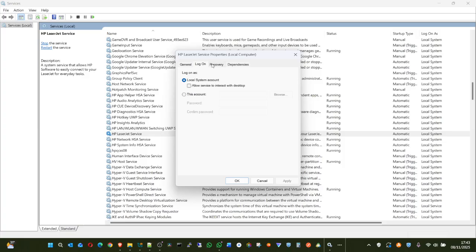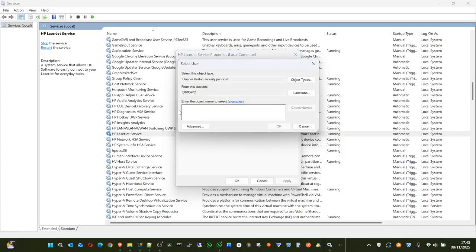Then there is also, because with this, if you want to know whether that account is having a problem, you can switch to an account. Type which account you want to use. So this particular account, you can browse which account, let's say Simon, check name. Okay, no, this is my own account.